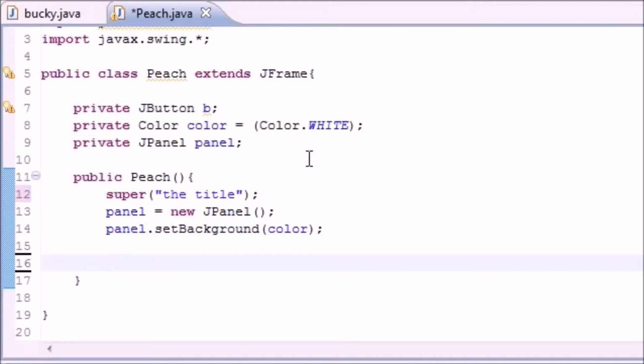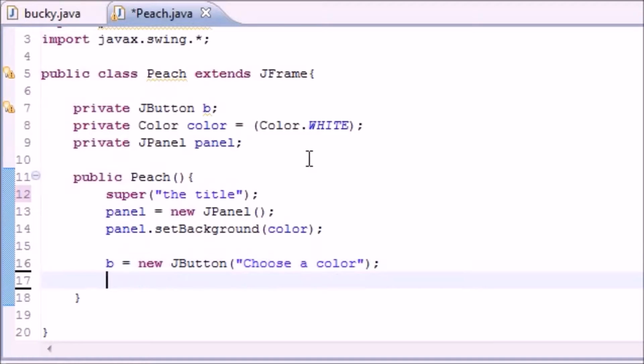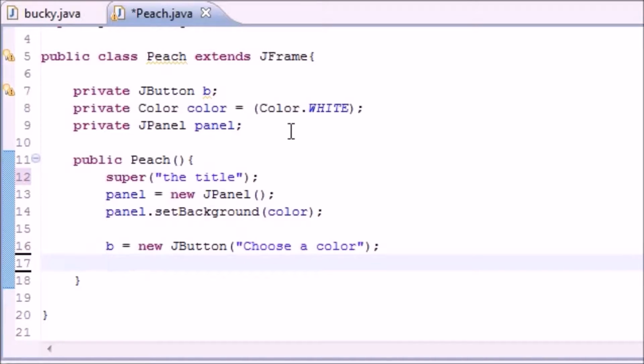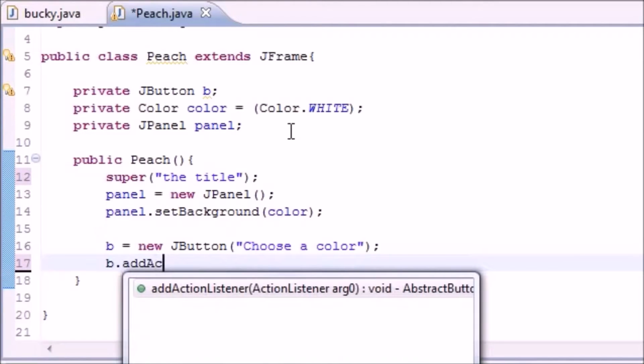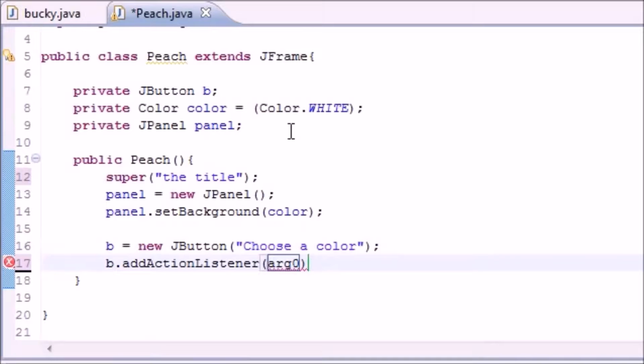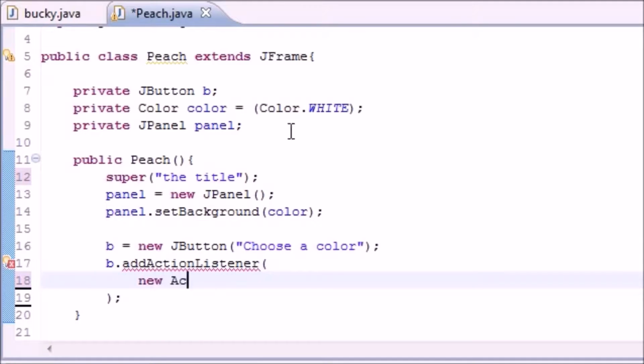So now let's go ahead and add our button to the screen. So b equals new JButton. For the text on our button, let's just put choose a color, because when they click the button they're going to need to choose a color. So now we can add some functionality to this. So b.addActionListener right there, and as our argument we're just going to add an anonymous inner class, and let's put something like new